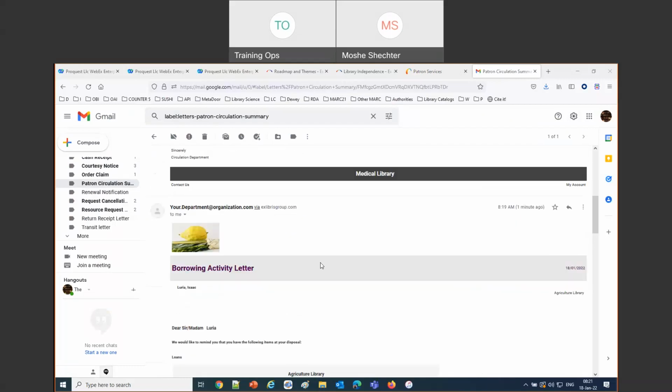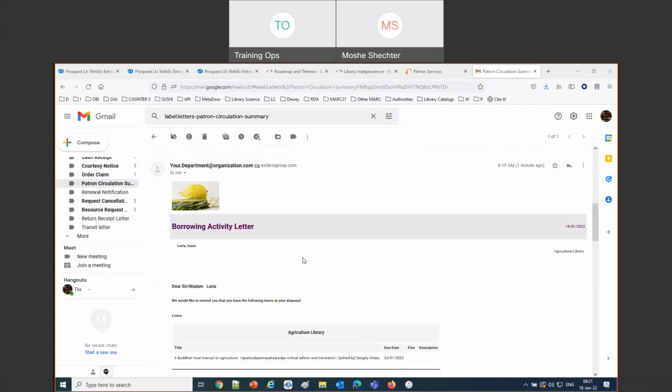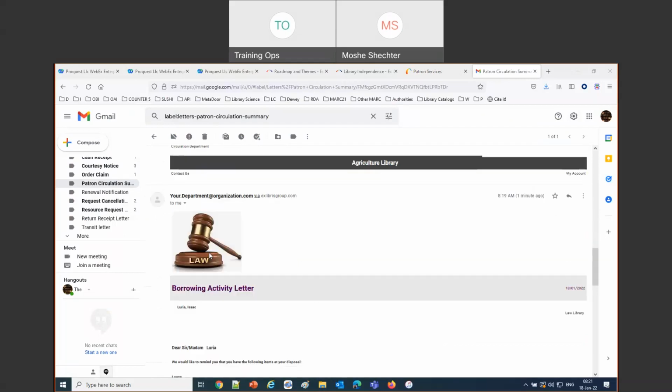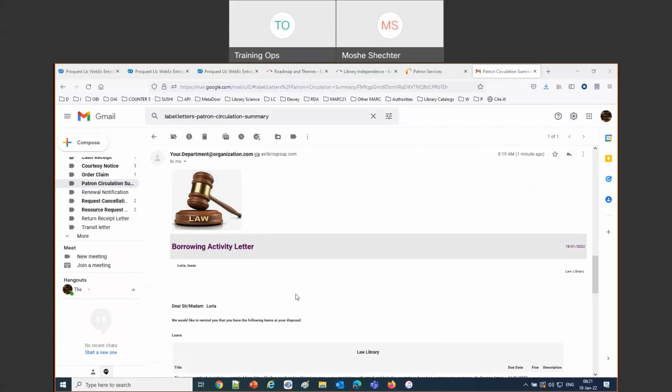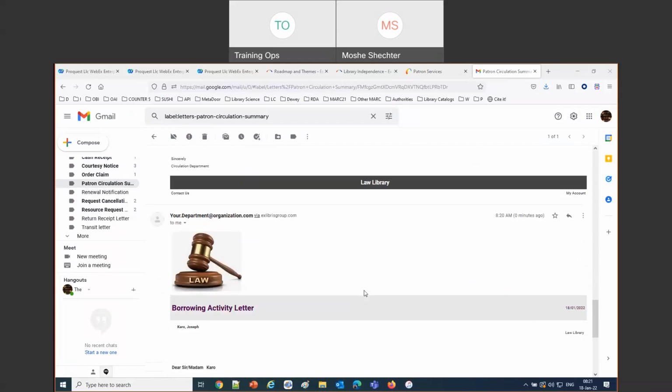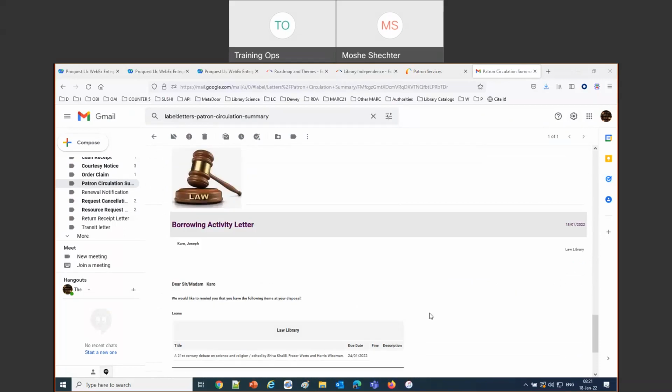Then he's got another letter with the citron fruit and the palm branch, and that's for the agriculture library. Then we've got the law library logo, and then we've got the letter to Joseph Caro, who only has 1 item in the law library, a 21st century debate on science and religion, and he's got the logo there.